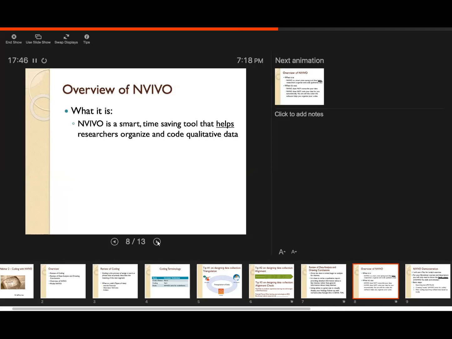Overview of NVivo. Okay, so NVivo is a software. I'm sure you've heard of it by now. And it's a software that helps you organize your codes. And I want to underscore the word organize. The misconception is that you put all your data in there and it codes it for you, right? NVivo does not code for you. You are still the coder because